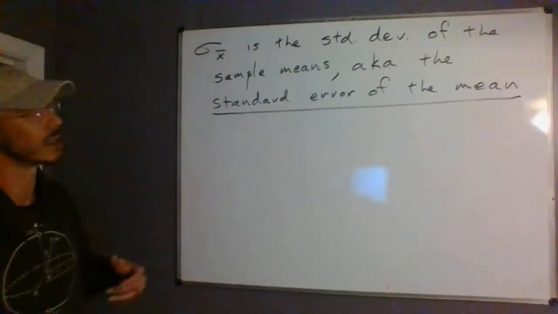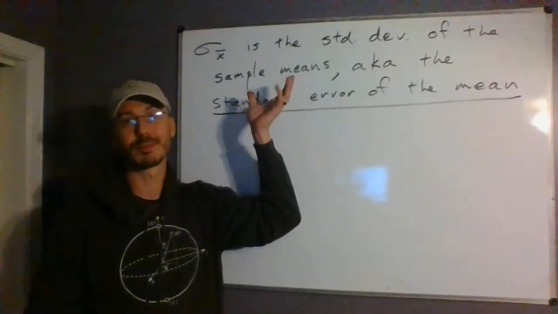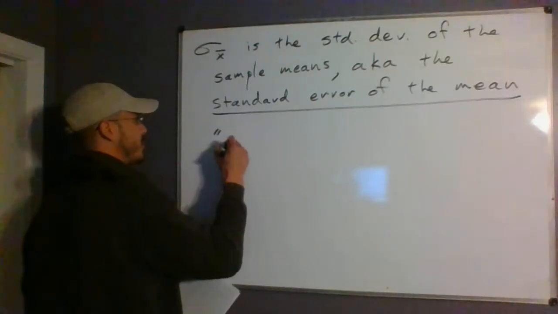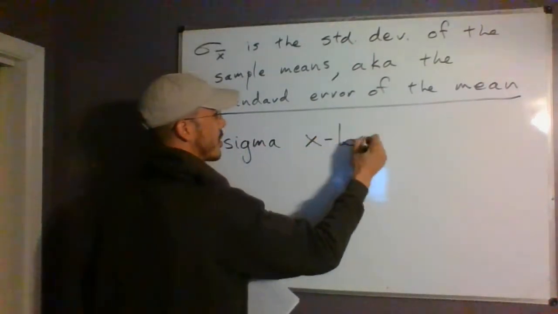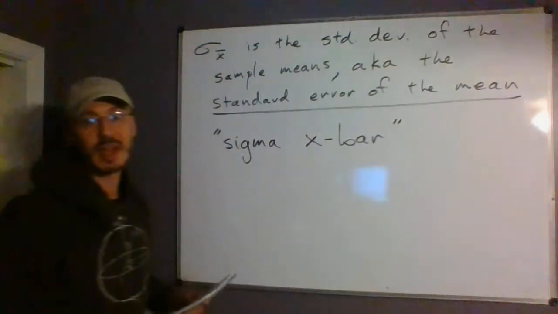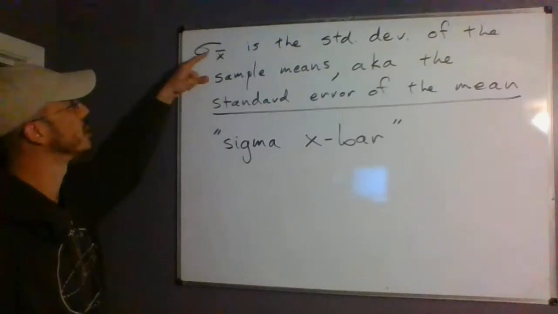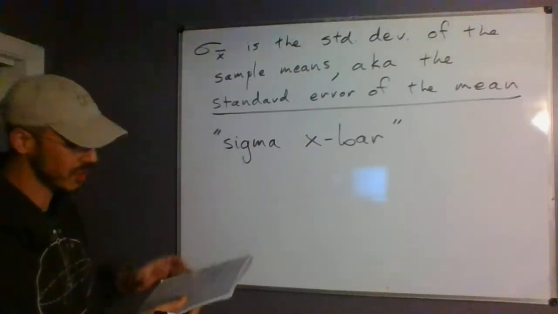I usually call it either the standard deviation of the sample means, because that's what it is, or sigma x bar. Sigma x bar is just what the symbol is, so you can just call it that. I know it's a compound symbol, but